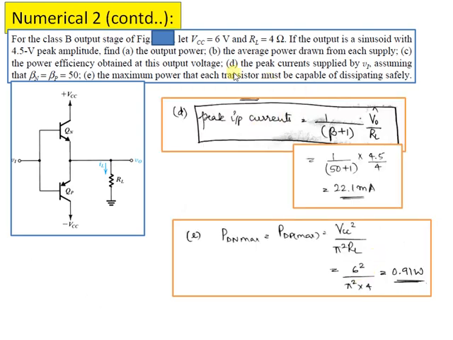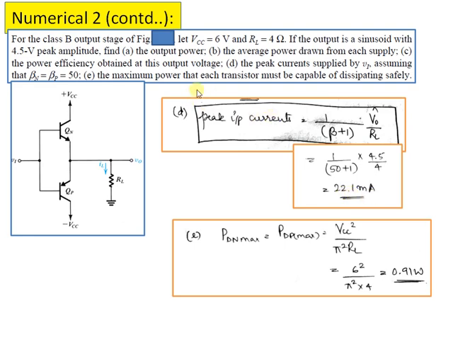Okay. Continuing, part D of the question says the peak current supplied by the input. Because the beta value is given, you should remember this equation because this equation is not mentioned in the design. The peak input current is computed in terms of beta as equal to 1 by 1 plus beta multiplied with the peak output voltage V out cap divided by RL. So I have 1 by 50 plus 1, because 50 is the value of beta, into 4.5 volt, that is the peak value, divided by RL, which is equal to 4 ohms. That gives me a value of 22.1 milliamps.